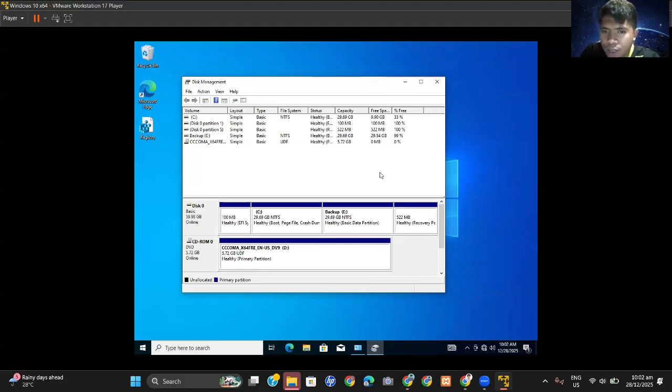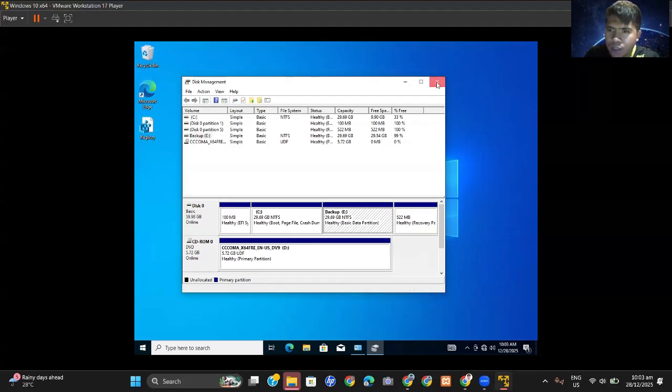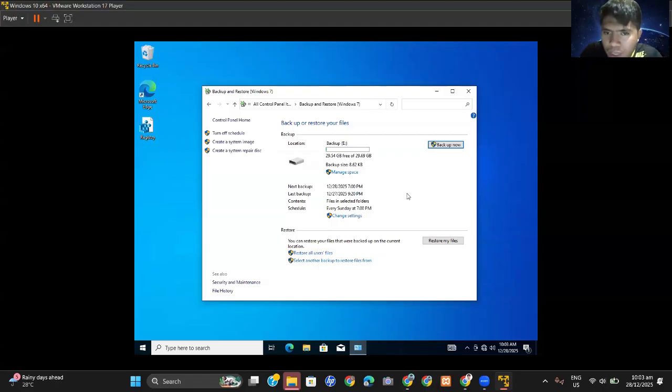So you can configure it here and partition it in half so that the other one will be used in our backup. As you can see, this is our backup partition and you can merge it here if you want to go back to the single partition. So in Disk Management you can create a partition in your drive. Then just close this management, and let's go back to Backup and Restore (Windows 7).